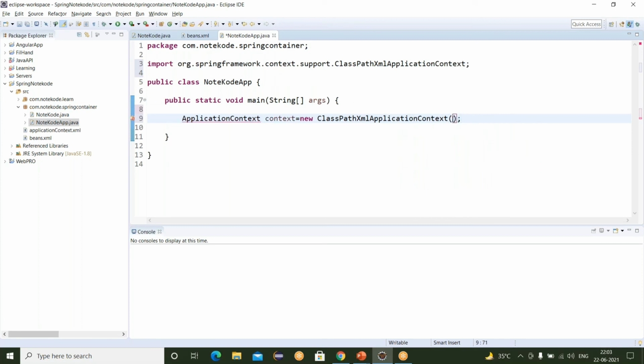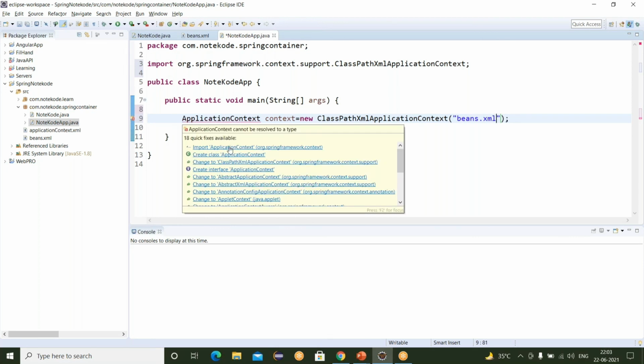Inside this, you have to write your XML file name. Our XML file name is what? beans.xml. Let's import this.